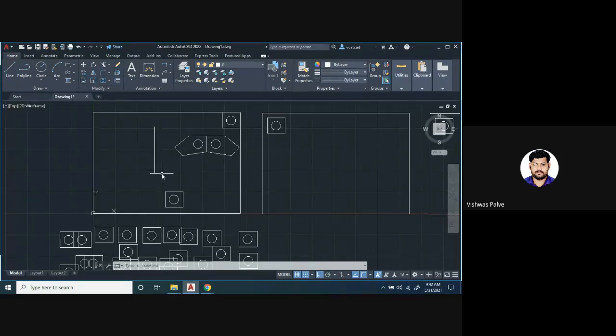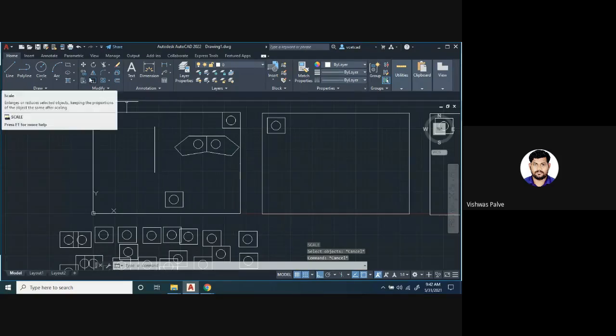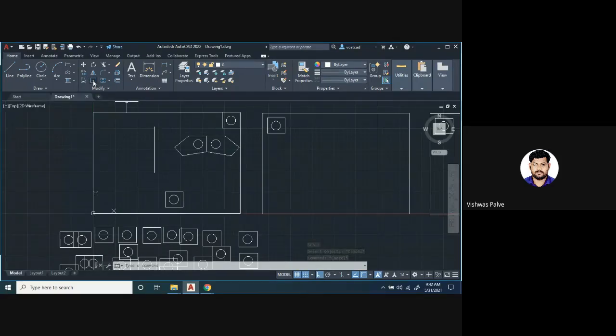Okay, moving to the scale option. Shortcut for scale is SC enter, or on the screen itself you can see there is an icon. This icon gives the scale option. So select this option. Then it says select the objects, which object you want to scale. I will select this object I want to scale. Then press enter. Once you press enter, it says specify the base point of scaling.